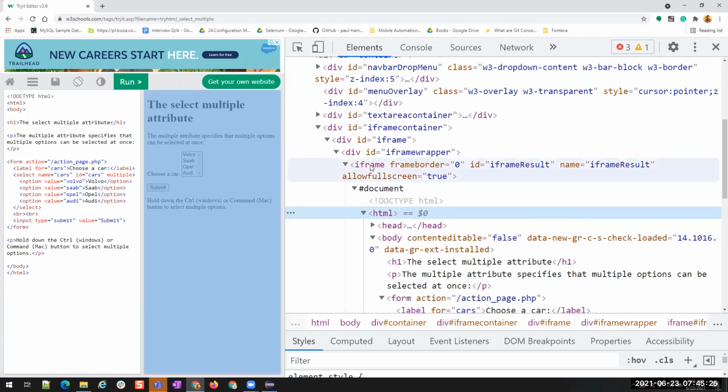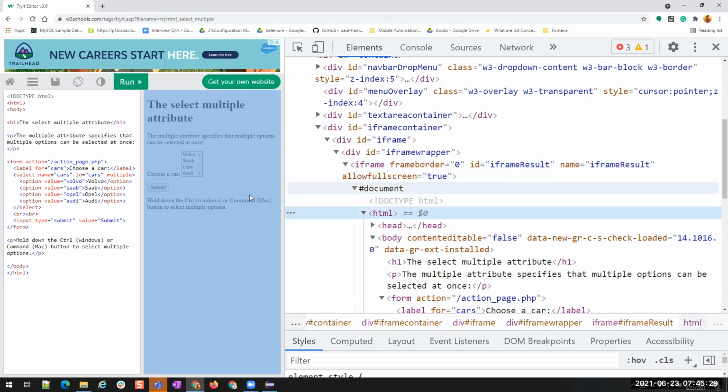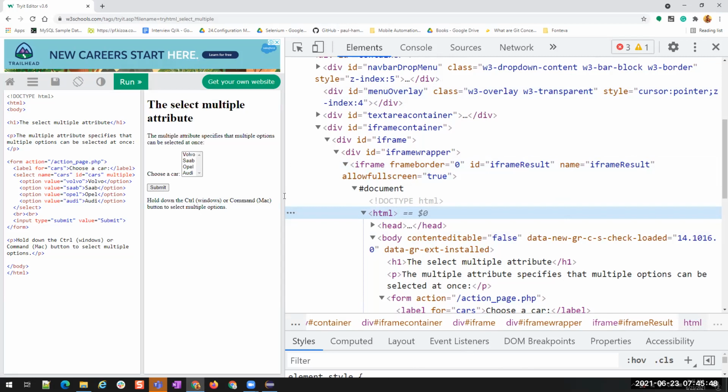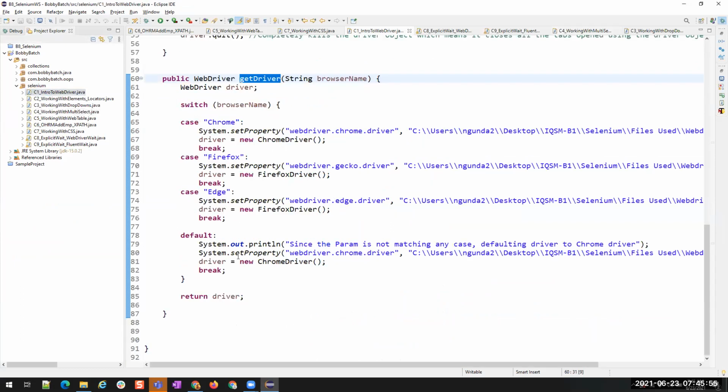What is the purpose of using these iframes, and why should we bring another HTML document into our HTML? This is like our Java methods. Why do we write methods? To make it easy to use, or to make it easy to call from wherever we want. I'm not writing the properties of this driver always, I'm not setting these things.